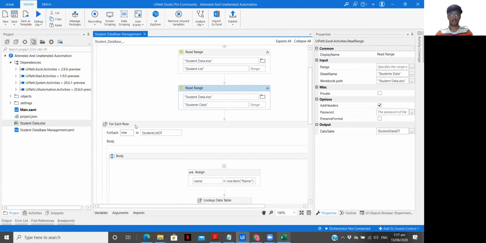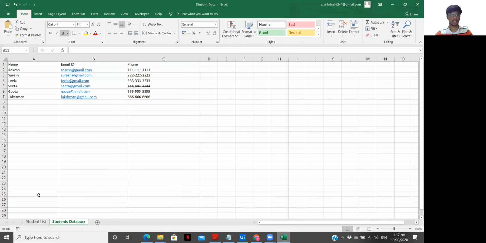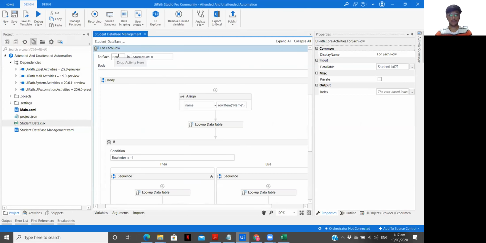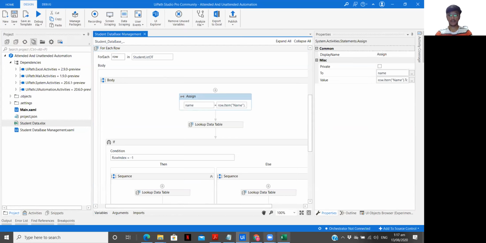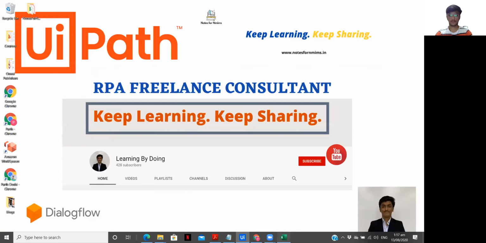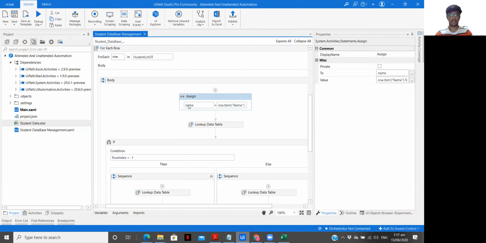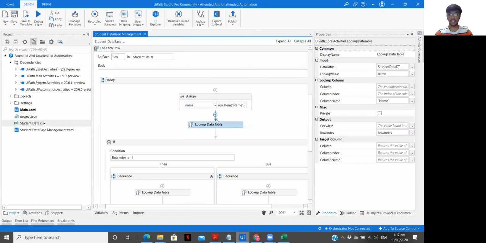Now we want to check each of these names, so we are using a for each row in the student list data table. Assign the value of this particular cell to our variable name, and we have to look up that name in the students data table.